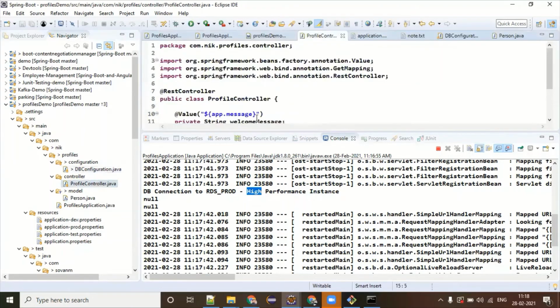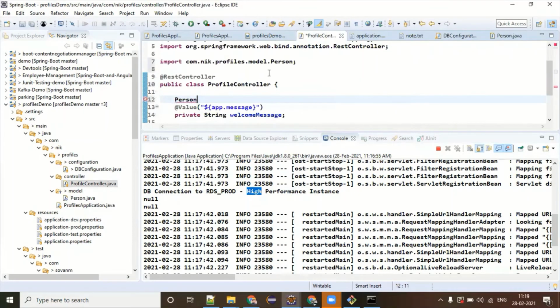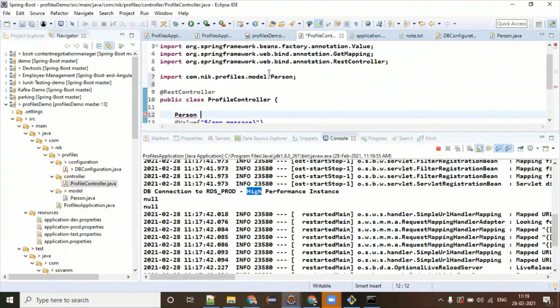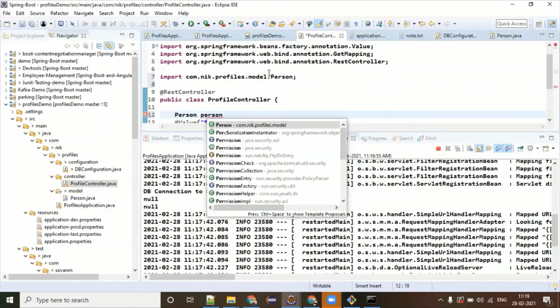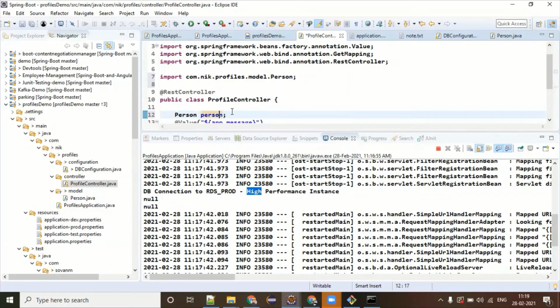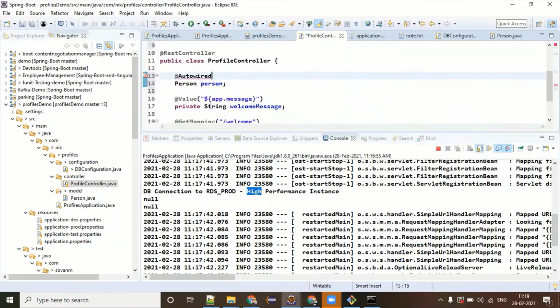Now, whoever is interested to use this, for example, this controller is interested to use that person class, it is doing something like person, and this guy needs that person being created, so it is saying @Autowired.